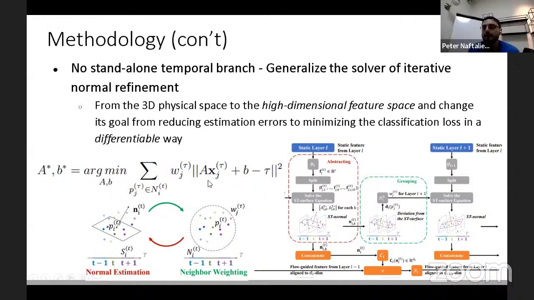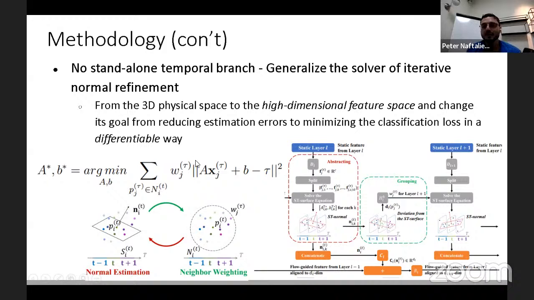Yeah, so it's quite simple. If we have a certain x and their tau here, and also this grouping process, the W is calculated from